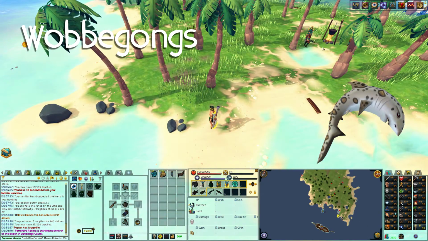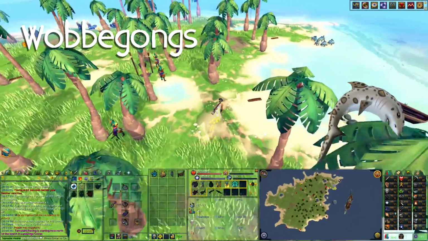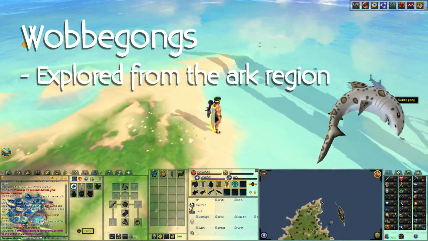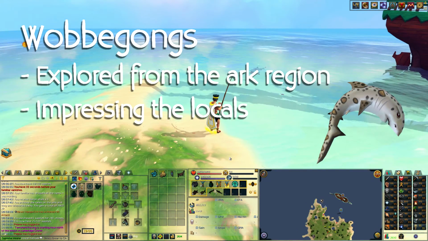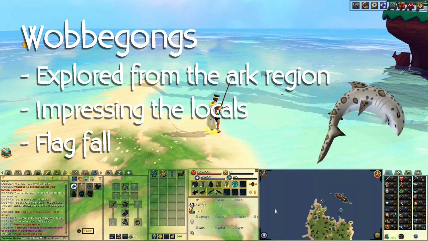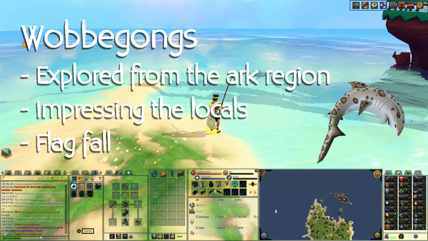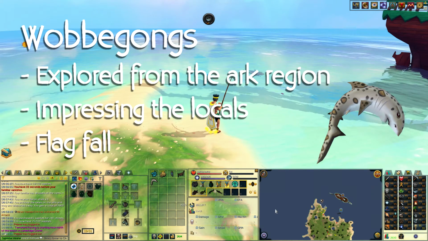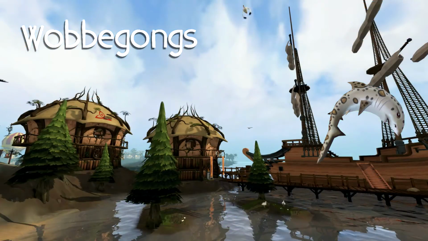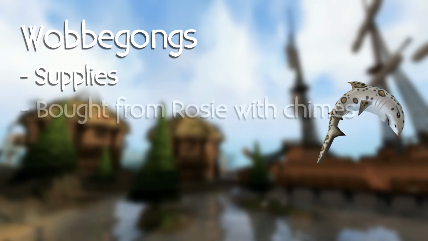Wobbegongs. These can be found randomly on uncharted islands, which can be explored from the Ark region. You need to complete a mini quest called Impressing the Locals to access the Ark, and another mini quest called Flagfall, which will allow you to claim an uncharted island. Once you find an island with Wobbegongs, you can just claim the island with a flag, bought from the Waiko item store. In order to travel to the island, you also need supplies, which can be bought from Rosie using